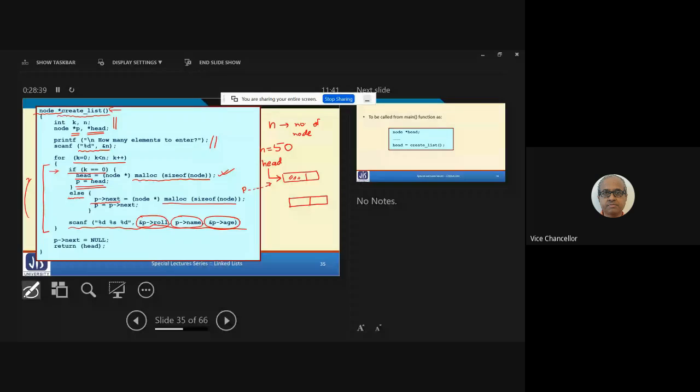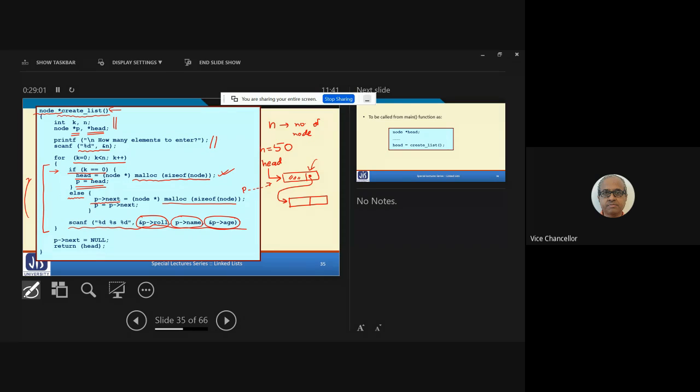What is P next? P was already pointing to the first element, right? And P next was this. So you are storing the address, that means you are creating this pointer. The address of the second node you are storing here. So this link is getting created.